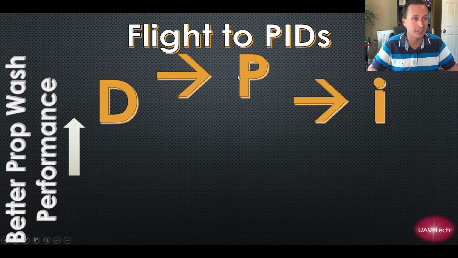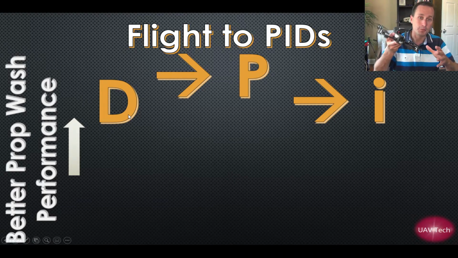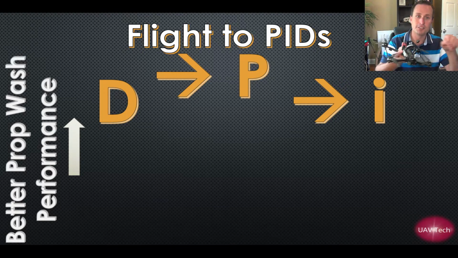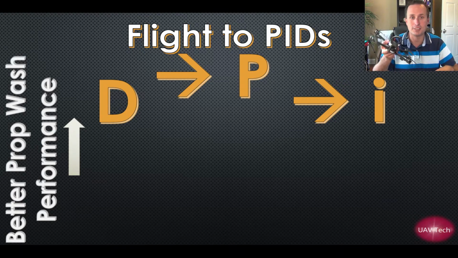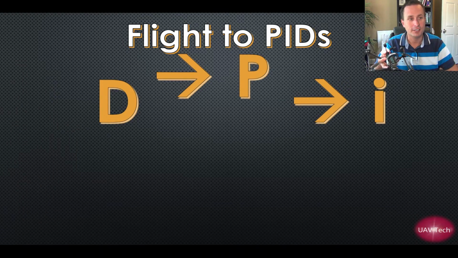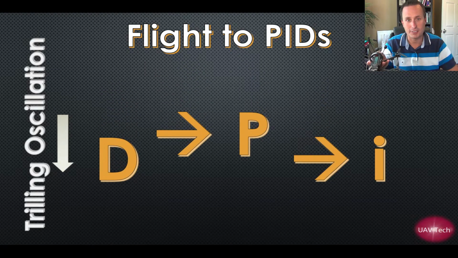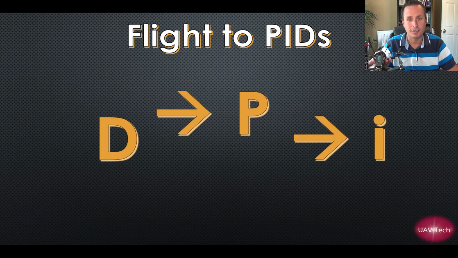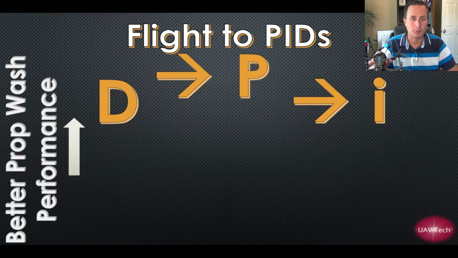If you just raise D and leave P and I alone, now you're raising D, which can help with prop wash performance, but now you're going to make it more sluggish for stick inputs because that D term is fighting your stick inputs. So the only way to do that appropriately without just raising D and then messing up other stuff is you got to raise everything together, or lower everything together if you're getting like trilling oscillations or something like that. So that fundamental of, you raise it all or reduce it all